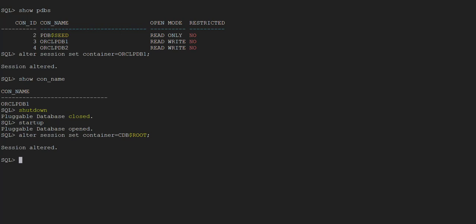So let's see if this parameter is modifiable under PDB. For that we need to check the column ispdb_modifiable under v$system_parameter. So let me copy and paste this particular query I have in the note and then paste it. Just a second.